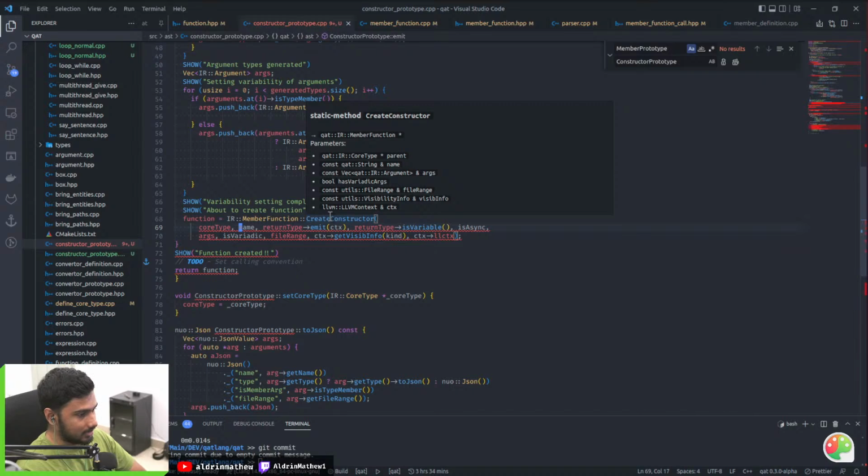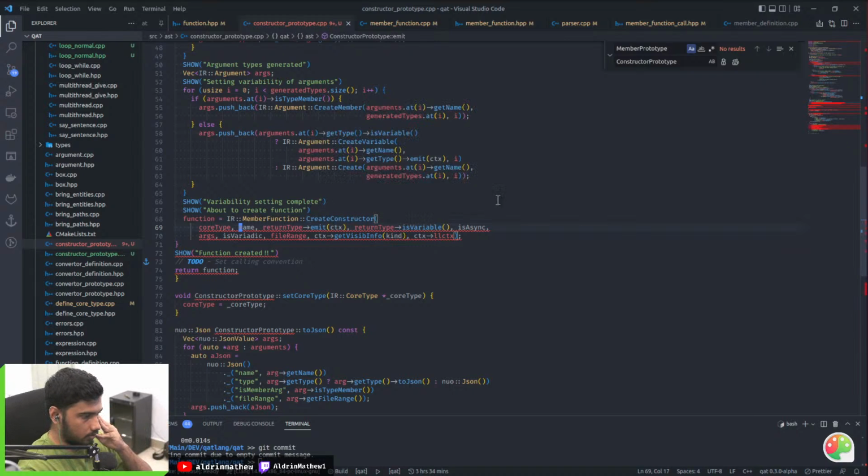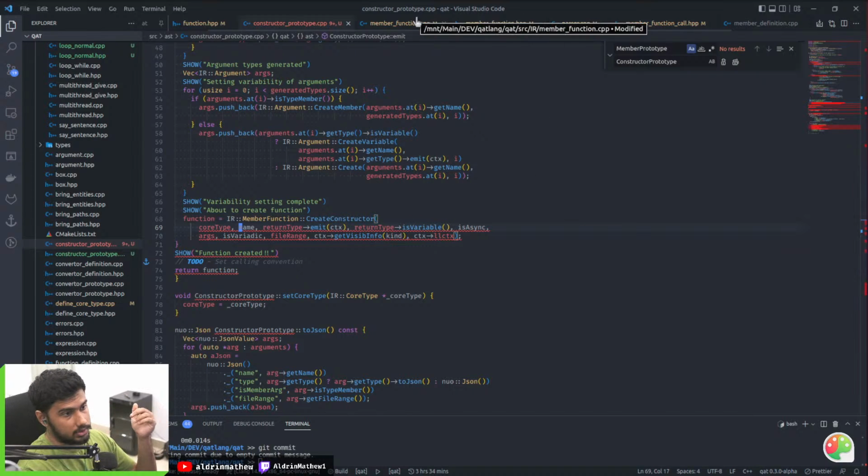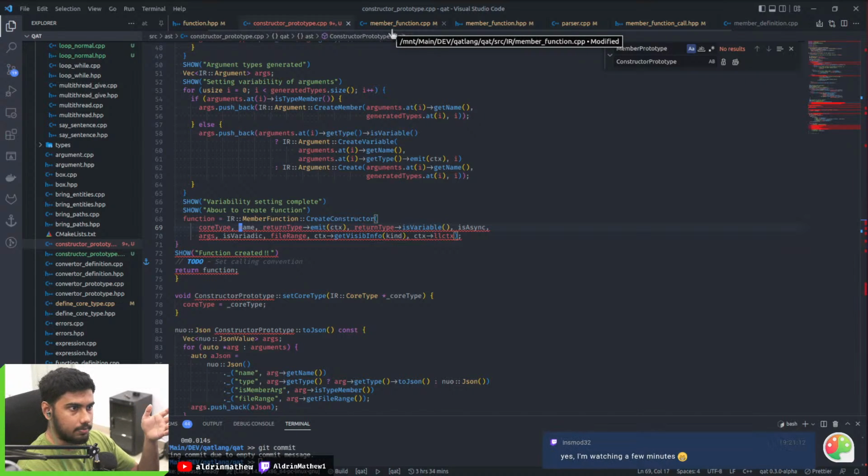And parent and name. So technically I don't need name to create a constructor. Not technically, actually logically. It's better if the constructor is indexed. How many constructors does the parent type have? So yeah. And in the future, I'm also planning to support calling C++ functions the way dlang does it. Basically you mangle names.